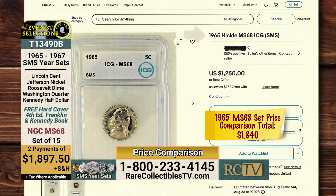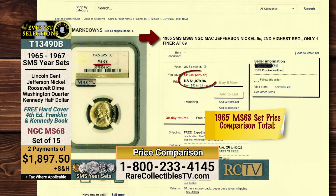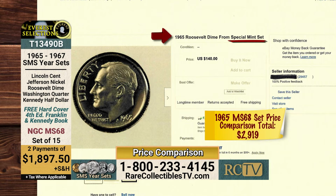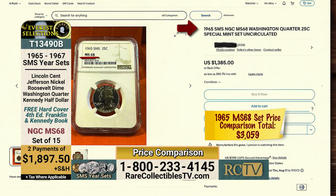$1,840. We go to the next coin, the nickel. $1,250 for an ICG example. Here's one I found for $1,079. So I'm using that for the comparable, the lower priced coin. The dime, there's no grade on it. I'm going to assume it's a 6/8. It might only be a 6/7, but I've got it at $140, a very low price for a really nice 65 dime. The quarter, tough coin in 6/8,